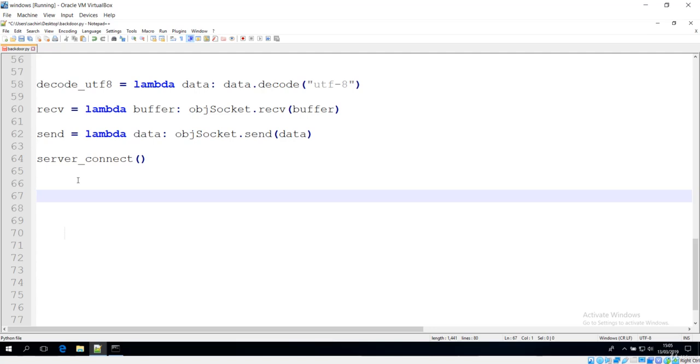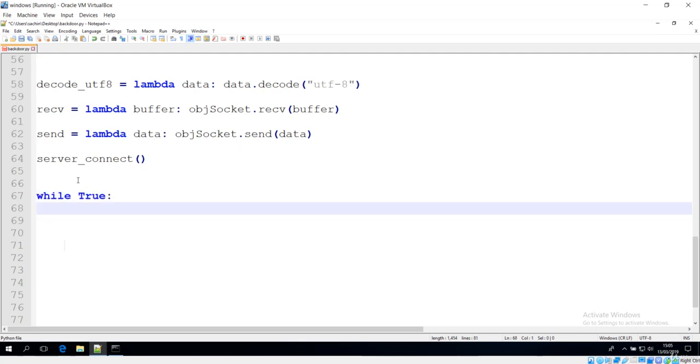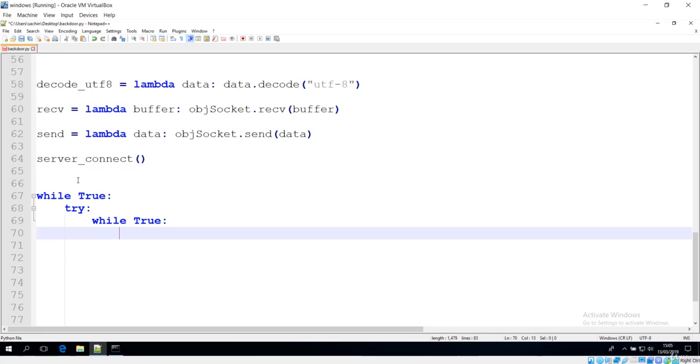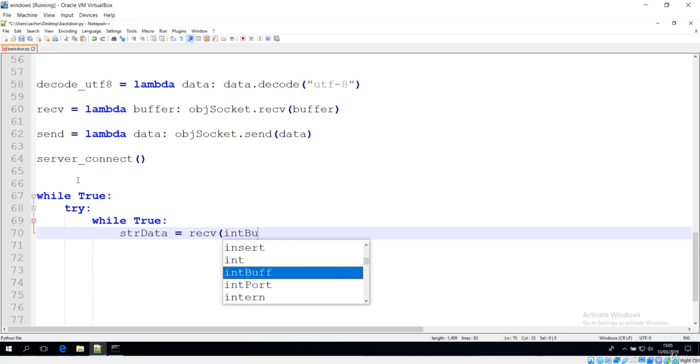So let's do something that is going to have the connections, and let's do it with this while loop. I'll say while true, this is the infinite loop, and let me go over here and use try, because maybe we are going to get some error, then it will just catch over here. Inside this I'll make another infinite loop. Let's go back here, and the first thing I want to get is the string data, that is to receive the data from the server, because we want to execute something in the client. That means we have to get something from the server in order to execute it for the client.